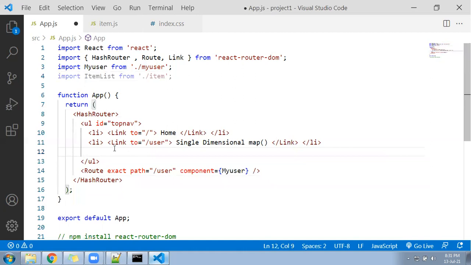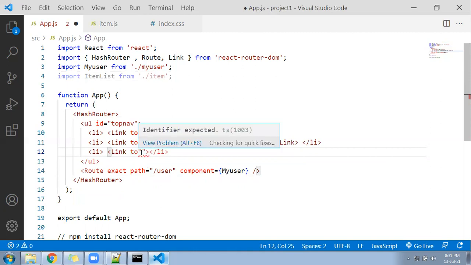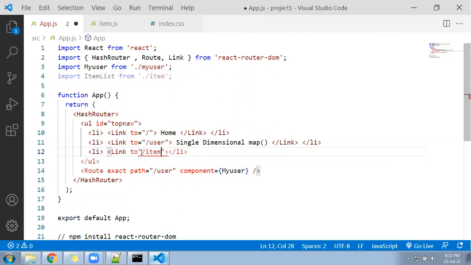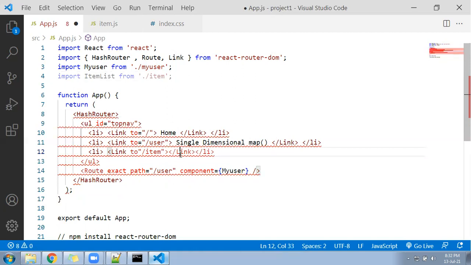Let me add a link here. Li. Under the li, I will be adding called link. Link should be capital. Link to. I'm going to generate a path here. That path is called maybe item. After that, we require to close the link tag. And finally, we will be writing here call item list, or maybe instead of item list, I should write something else here.